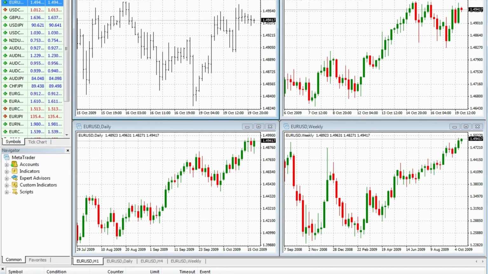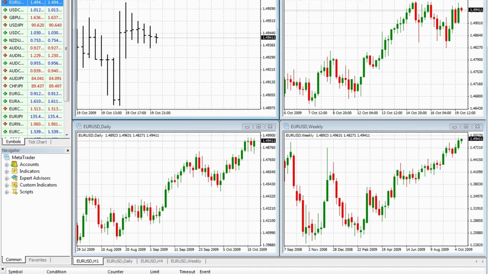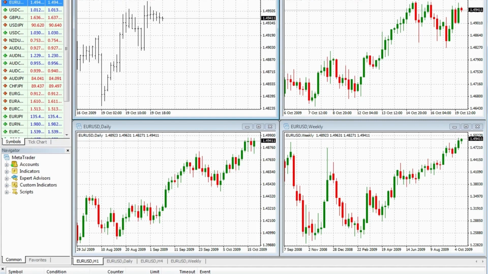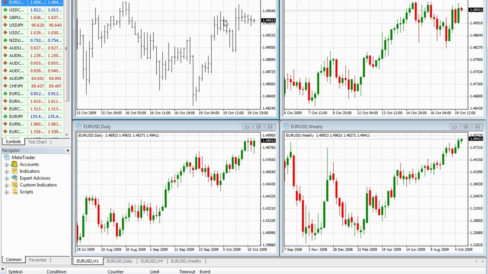Okay, you notice that if you zoom in, the bars get thicker. Zoom out, the bars get smaller. And I'm going to make sure that's turned on auto scroll. Okay, there we go. Okay, so in keeping with a quick start,